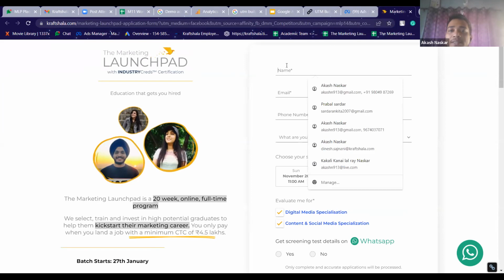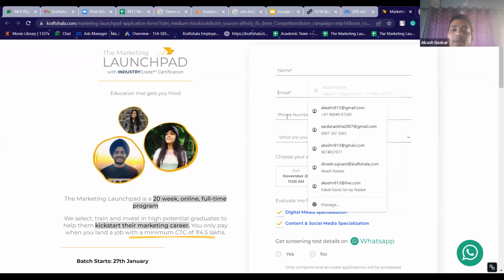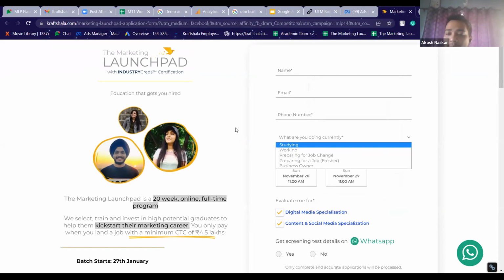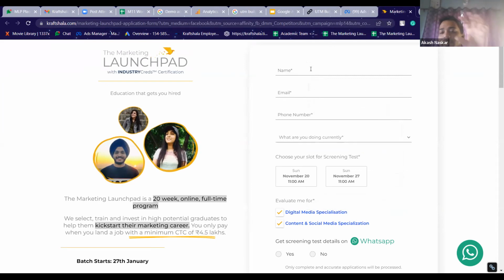Now, if anyone uses this page to convert, they fill up their name, email ID, phone number, then in our backend CRM, whoever fills in their name, say I fill my name as Akash Naskar, it will show me in my backend that Akash Naskar converted from UTM medium Facebook, from UTM source affinity Facebook, from campaign MLP 14 and all the details.